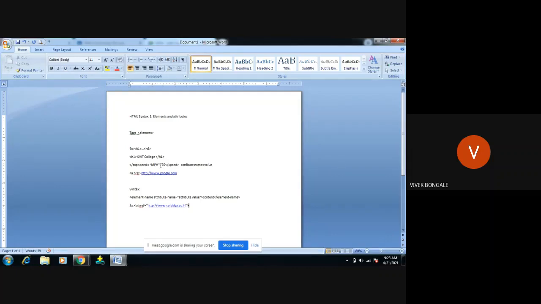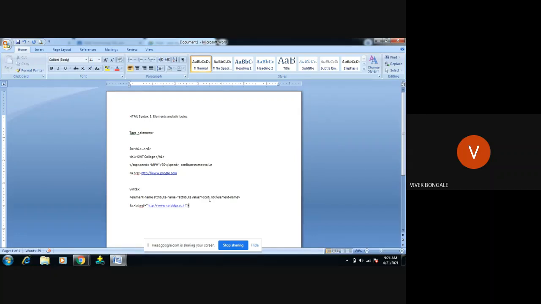Then content. Why do we require content? For example, I'm trying to take this particular link from another document. The content may be in the form of text or it may be in the form of another element. Basically, if we use the anchor tag along with the hypertext reference, we usually give the content in the form of text only, because after linking to this particular page, that particular file should be in the form of text only. That is the reason I'm giving this content as some other value.